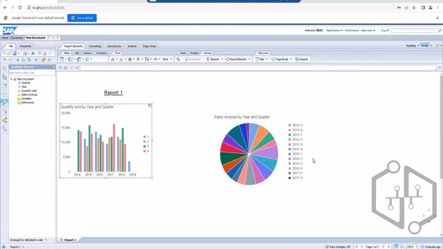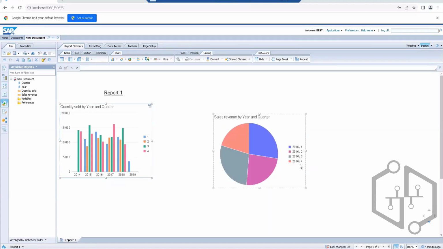So here we have 2014, 15, 16, 17. Let me click on 2016. See, this chart got changed to 2016 because element linking is applied, and now this chart is working as an input control for this chart. If I click on 2015